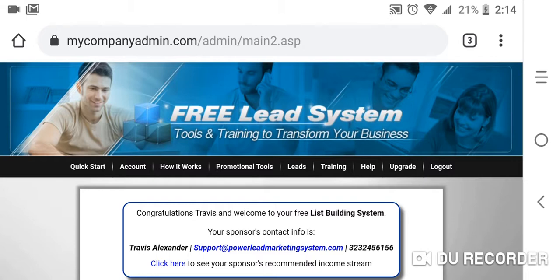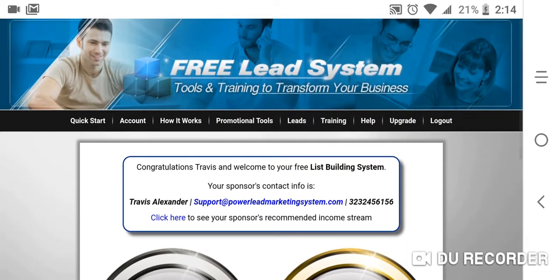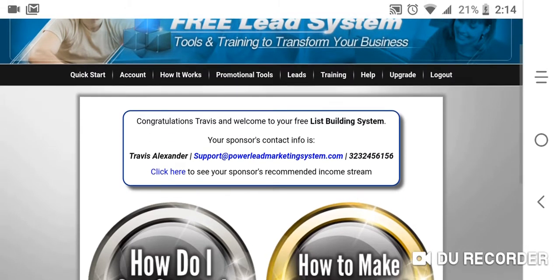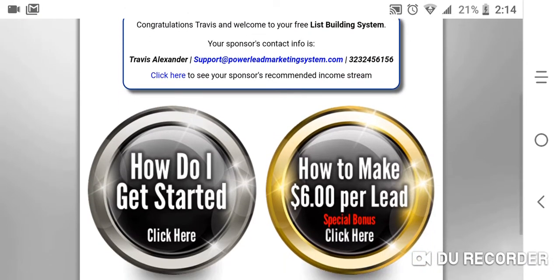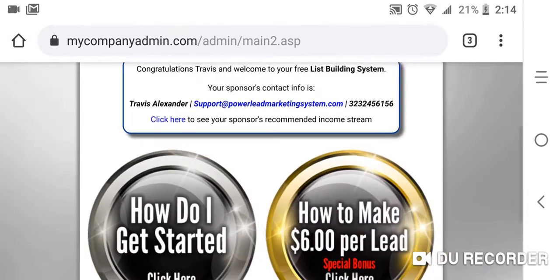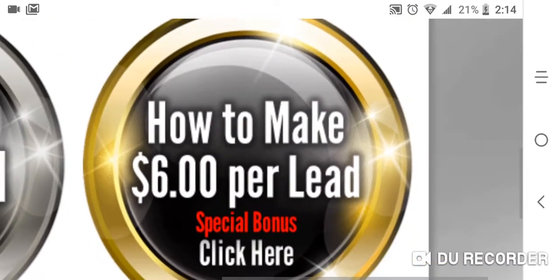Here's the back office. You may have seen this before. It's the free lead system back office. You will have your contact information like here, and people can click on your recommended income stream. So they'll click on that link, whatever you want to promote inside that area. To do that, just go to getting started. Now, as you see on the right, the gold button, we have a section where you can make $6